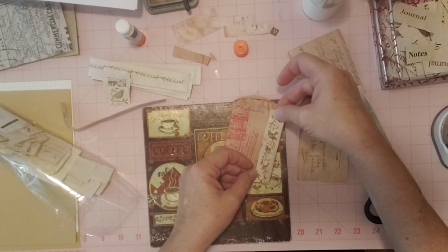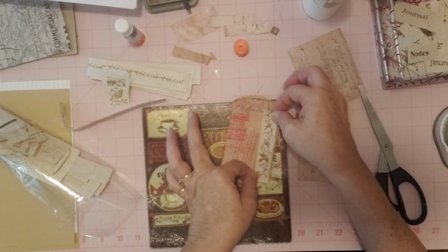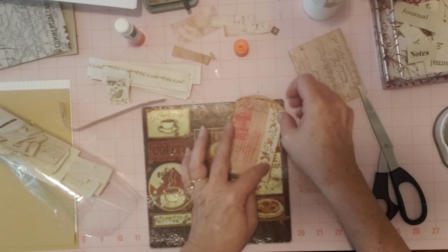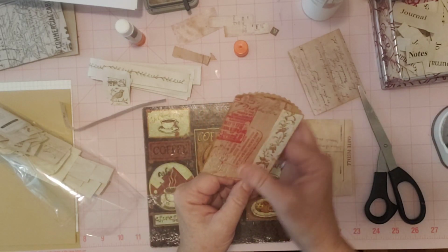Now, good. See, this has little birds on. Let's see which way we want it. Let's put it this way. Yeah, the birds were upside down the other way. Okay, there we go. We want our birds not upside down if possible. Okay, so there we go. Pretty little